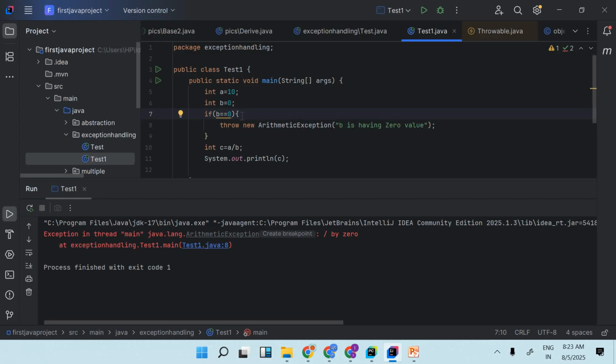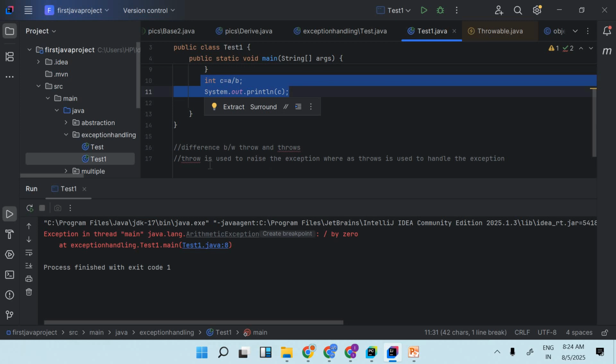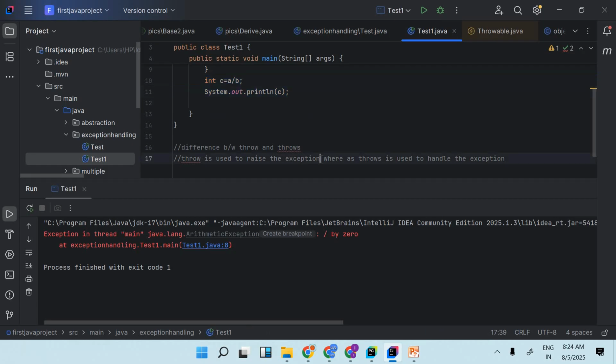If b double equal to 0, that means the condition will be true. Then it will directly raise the exception. If the exception is raised, then what happens, right? The remaining lines will not be executed. So that's why throw is used to raise the exception. If you raise the exception, that means the program will terminate immediately. Throw keyword, the program will terminate